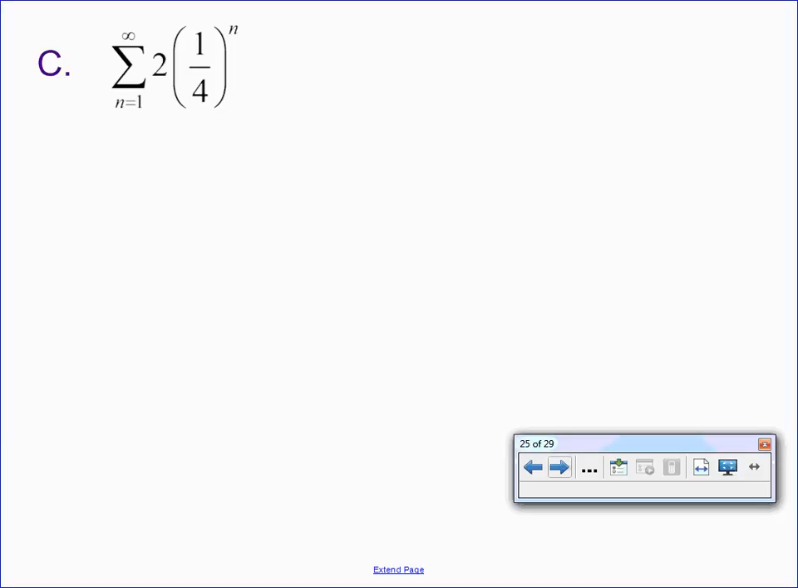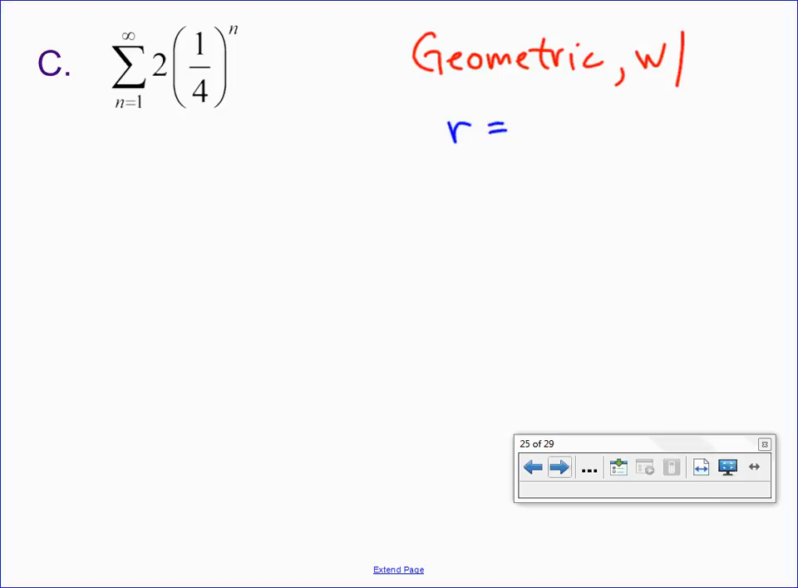Arithmetic, geometric, neither. Sydney, Kobe. Geometric. Ding, ding, ding. We got geometric. With, what's my R value here? Grace? 1/4. Is 1/4 greater than or less than 1? Well, that's less than 1. So what do we know about geometric series with R values less than 1? They will converge. In fact, this converges to